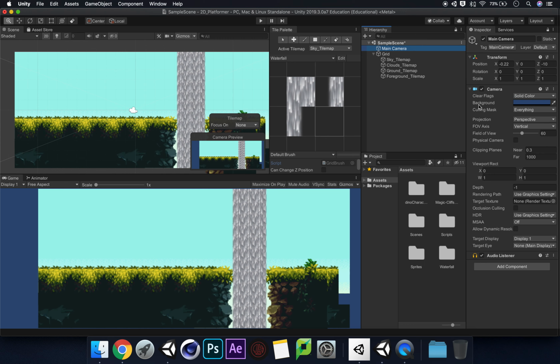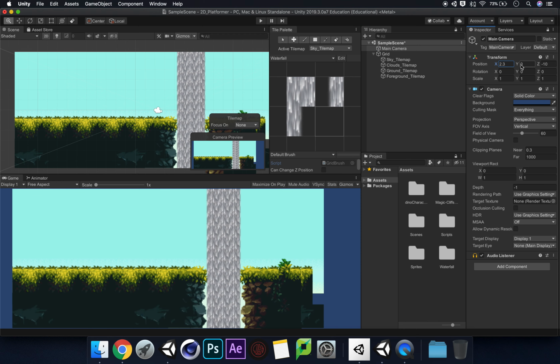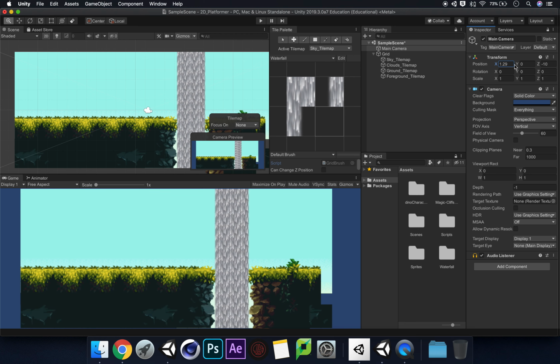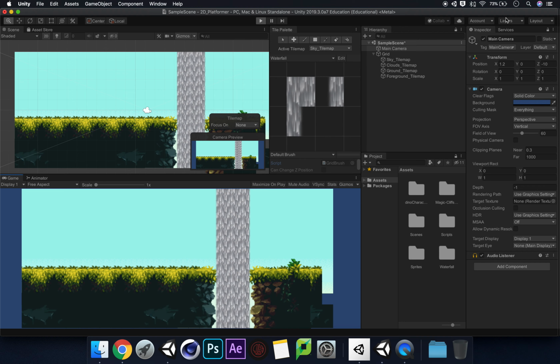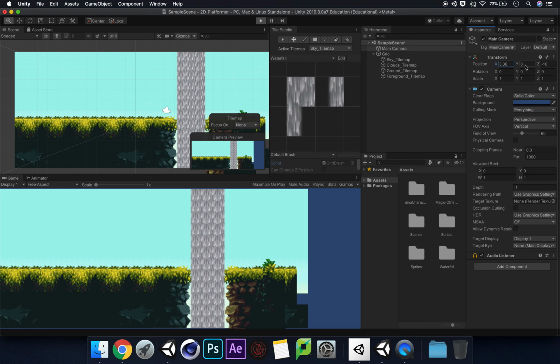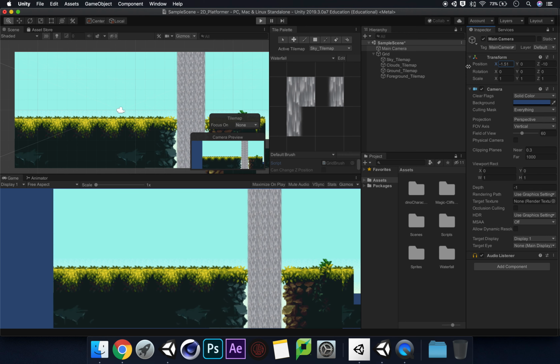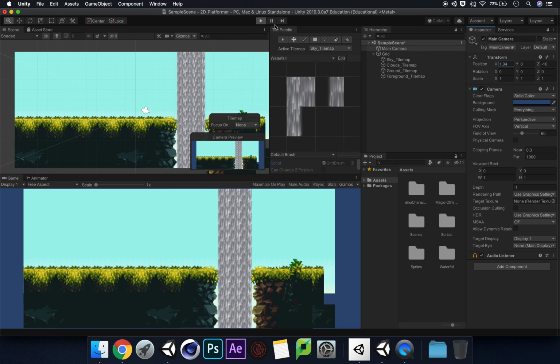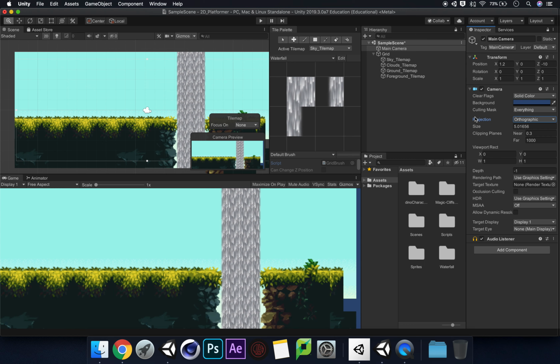Go back onto my camera. Cool, I'll come back to that perspective thing. So I think we might need some more elements in the background to create that perspective view. Or maybe if I press play, and then, no, nothing yet. Maybe I need some clouds or something in there. I'll add some clouds and we'll have a look at that in the next tutorial. Okay, so for now we can just change this back to orthographic and we'll sort out that parallax view a